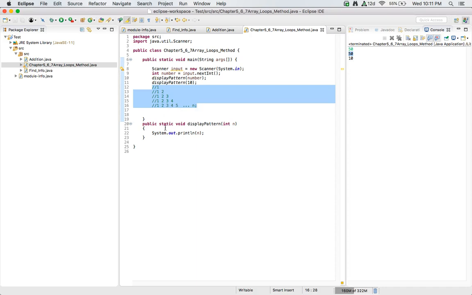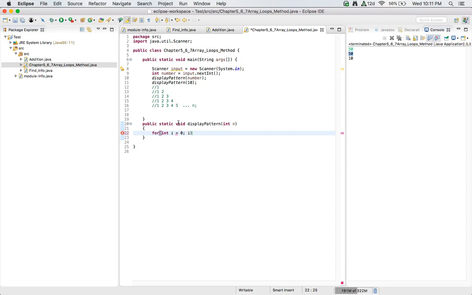Okay, and so with this, you need to look at the patterns that are given. And so first of all, the pattern that we see most evident is this 1, 2, 3, 4, and we're going to count up to whatever n is. So we know that we are going to need to make a loop because this is happening over and over and over again all the way up until n. And so int i equals 0,